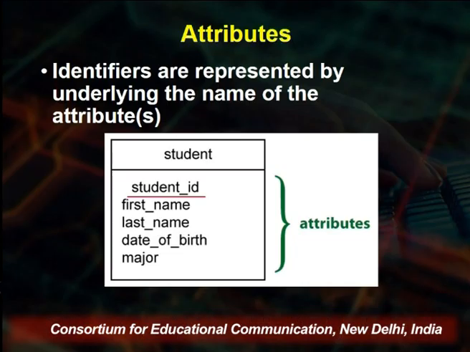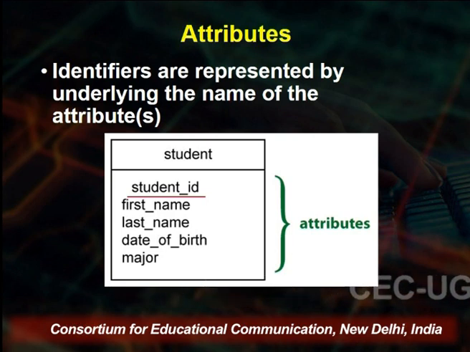A student can be represented with the help of student ID, the first name, last name, date of birth, and the major subject which he or she has opted for. So here the student ID, first name, last name, date of birth, and also the major are attributes of this entity set,